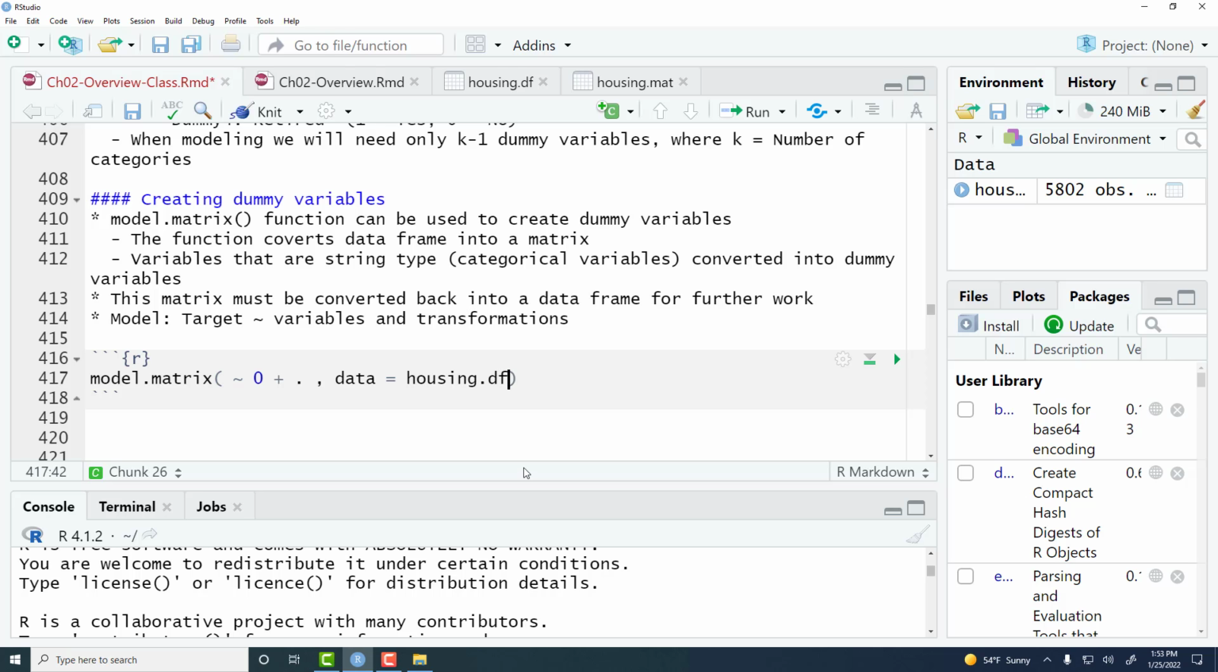Of course, if I run this, it will create the model matrix, but it will not be saved anywhere. So it will be gone. So what we need to do is to put it somewhere. You can do it in 2 steps or one step. I'm going to do this: housing.mat, for matrix. So if I run that,